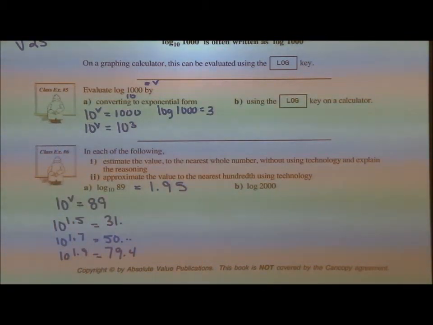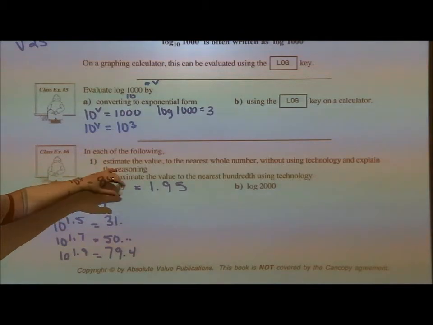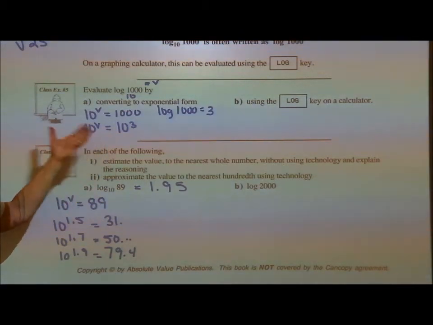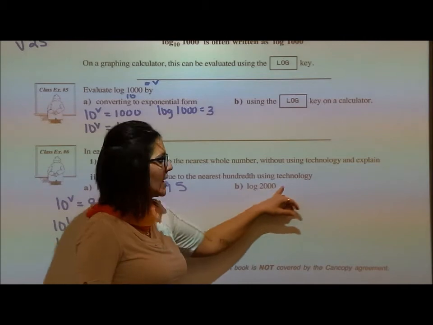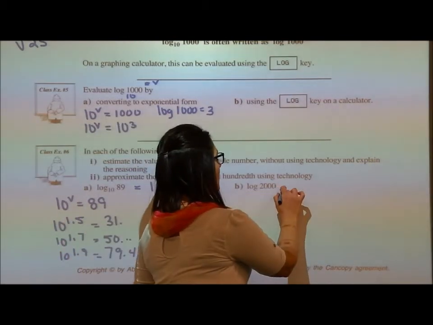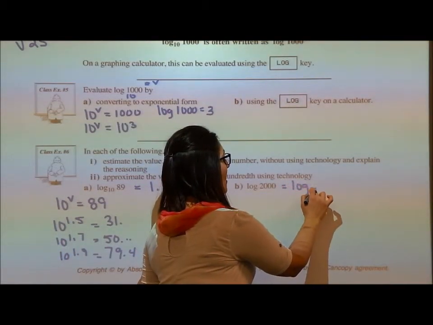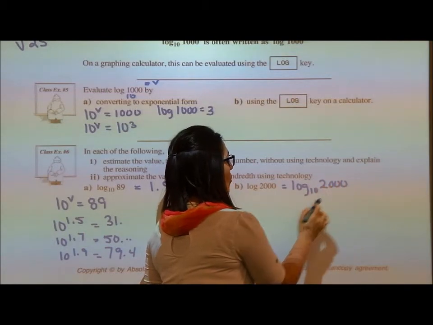We still did use technology to help us get that approximation. So really, if I was going to the nearest whole number, 2 would be my estimate. If I had to go to the nearest tenth, then I'm going to have to grab the calculator. So if I look at B, this log 2,000 would be log base 10 of 2,000,